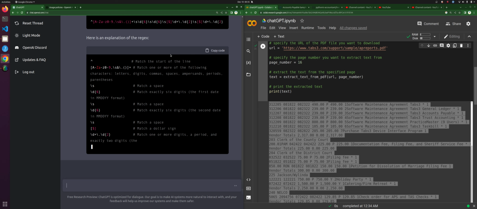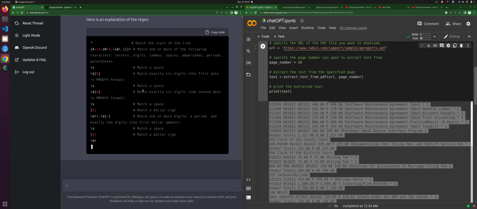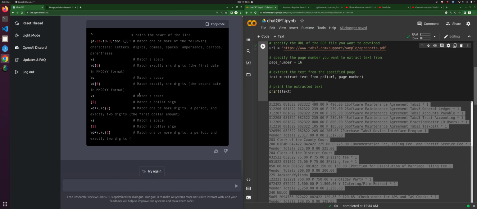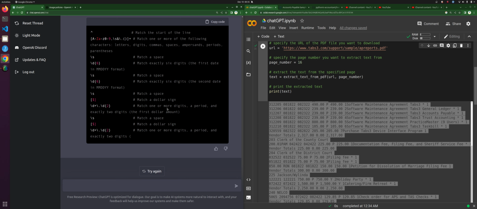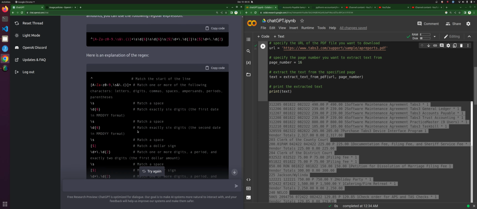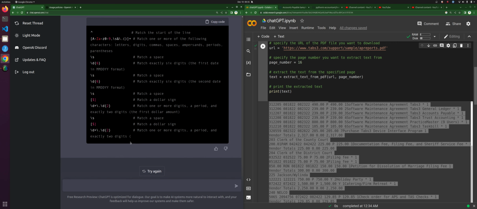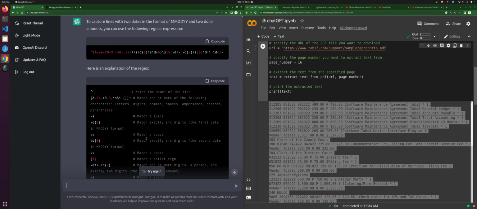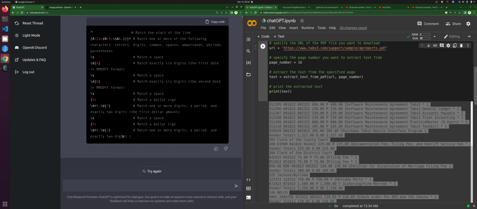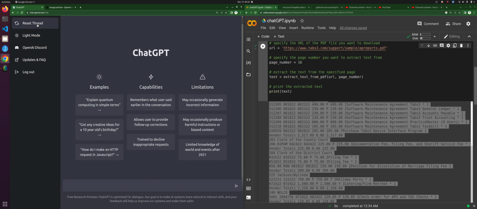I do appreciate that it explains the breakdown of the regular expression, which I think is really cool. So if anybody is trying to learn regular expressions for the first time, that's kind of cool. All right, so I think we're getting stuck here. This has happened to me before, where it just runs out of brain power and can't finish. So I'm just going to reset the thread and just say,